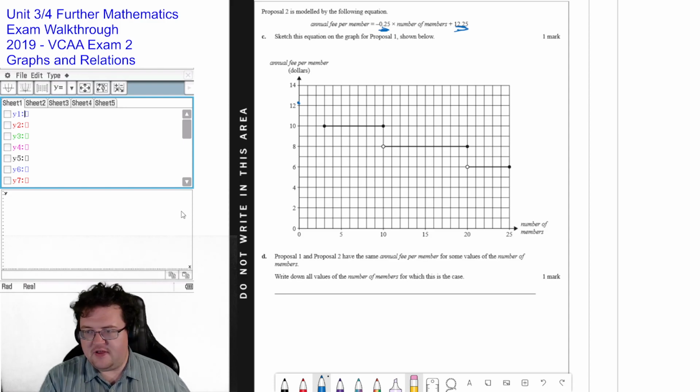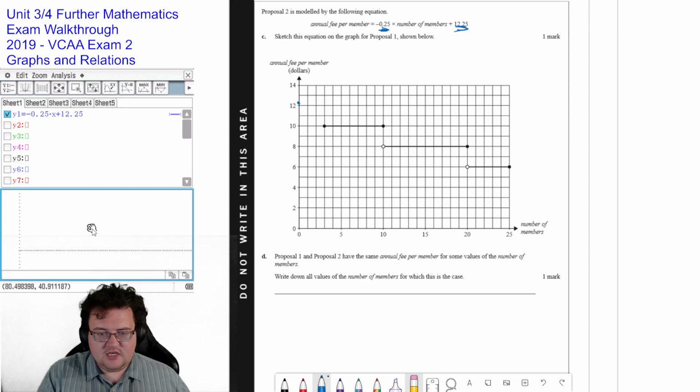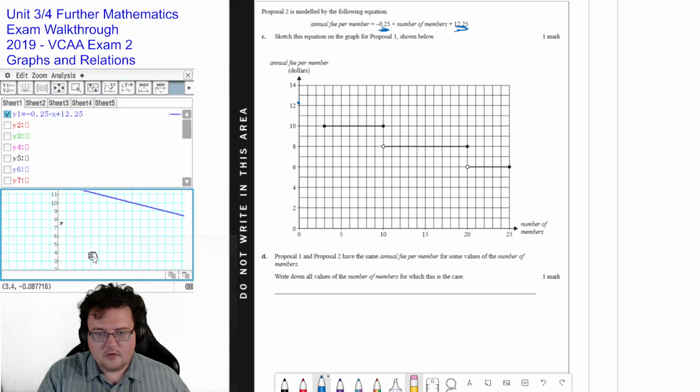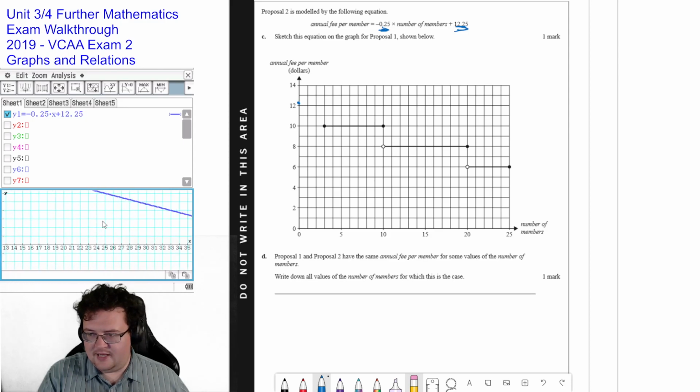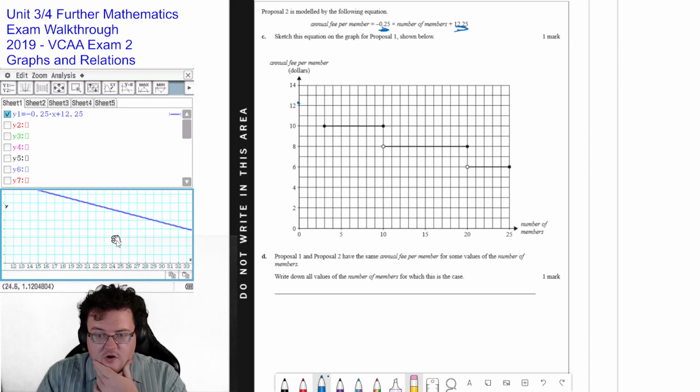So the annual member fee is going to be Y, and we'll go negative 0.25 times X, where X is the number of members, plus 12.25. And obviously my window isn't set up correctly, so I'm going to clear all, and we'll go back up here and try and draw it again. So 12.25, and let's just see if we can find out where it intersects. Well, remember that our axes only go as far as 25. So if we can figure out where 25 is on this one,